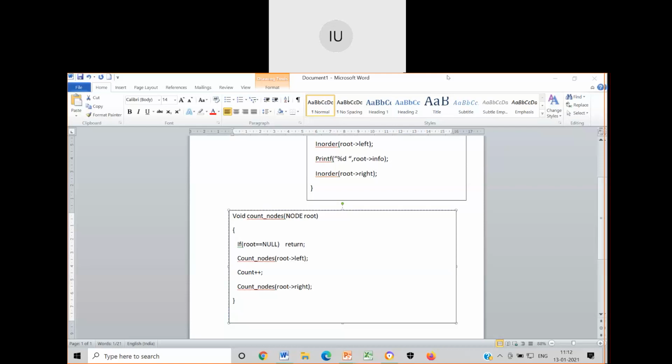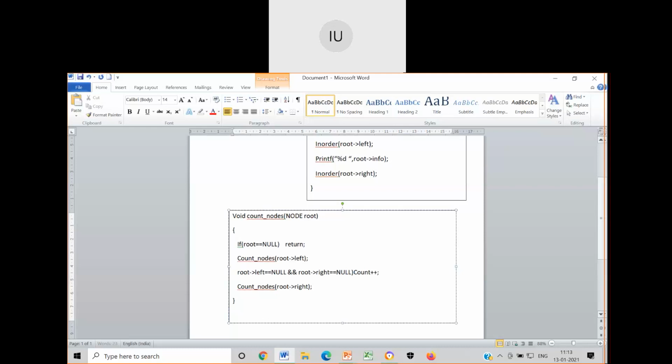So when I tell that node here, since I'm calling recursively, every time I call it as a root. What Ananya has commented is absolutely right: root arrow left, if it is null, as well as root arrow right is null. If both of them are null, only then you increment the count. Instead of every time doing count plus plus and printing the root, I would increment the count only when I have this condition.